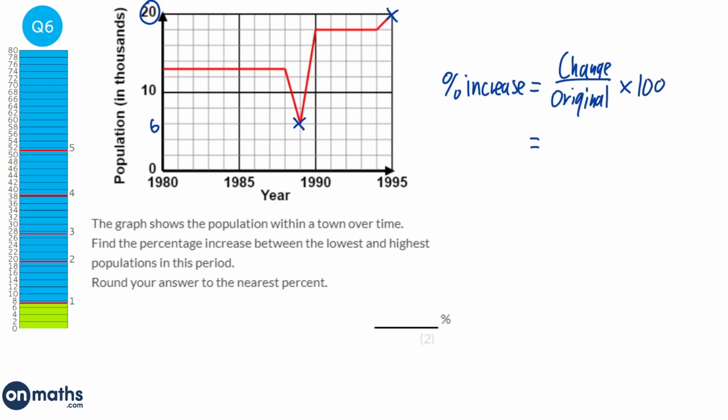The change between the 6 and the 20 is 14. The original, the starting point, was the 6, and times by 100. That gives us 233.333 and so on percent. This 100 technically is the 100% that we're multiplying by. It wants it to the nearest percent, so that would be